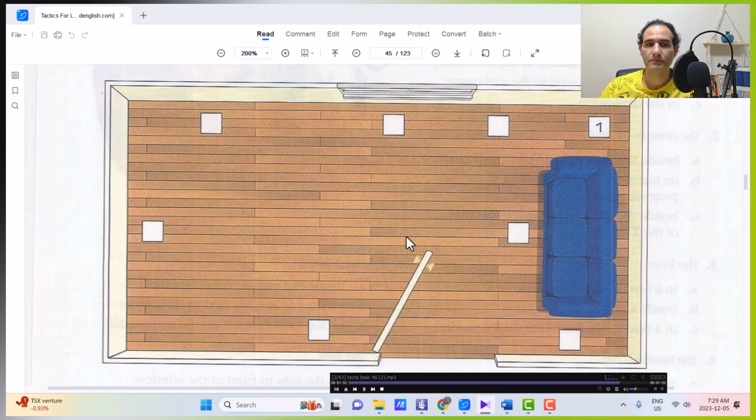Maybe we can put the dinner table against the wall, across from the sofa, in the middle of the wall. Across from the sofa against the wall. Is that what you mean? So, across from the sofa, against the wall, in the middle of the wall. So it will be this one, okay? Good. One more time, let's listen and see what words it's